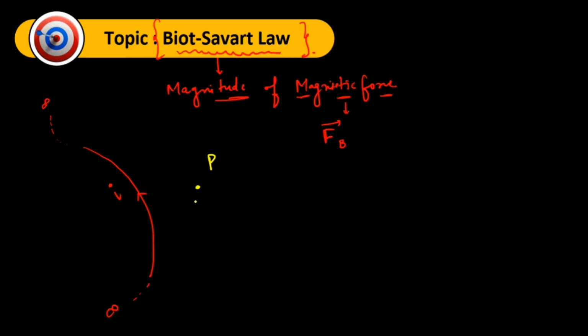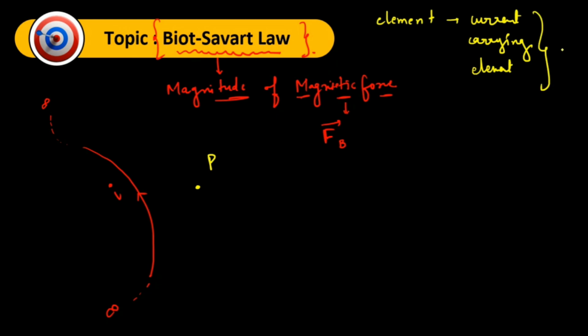Now, in physics, what we actually do is, if we don't have the actual or proper length of the conductor, we will choose an element, and that element is called a current carrying element. If there is a wire which is infinite in length and we cannot calculate the magnetic field due to it, we try to find the magnetic field due to any current carrying element present in it. So when we add up all these current carrying elements, they will form that wire. So what we can do here is assume that we have a current carrying element, let's say this,